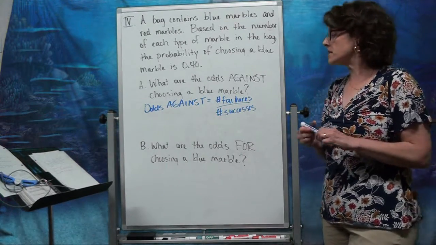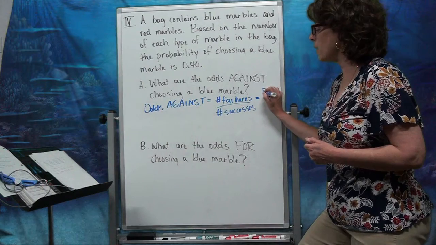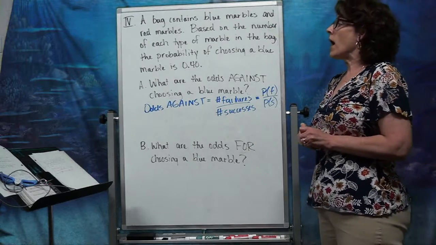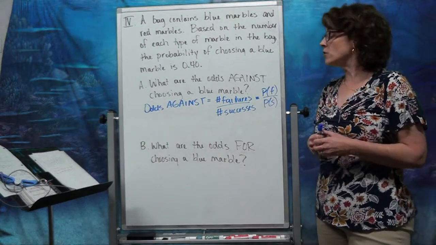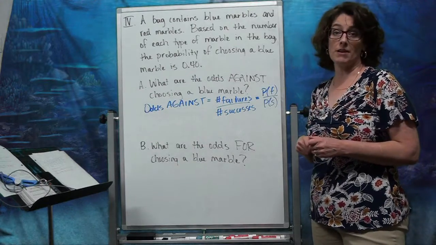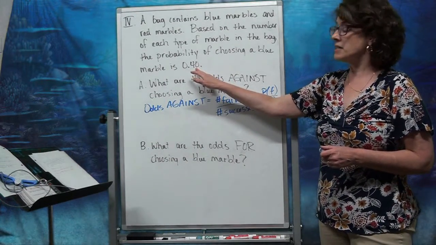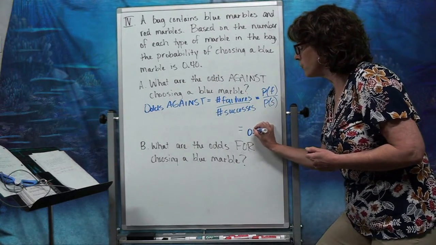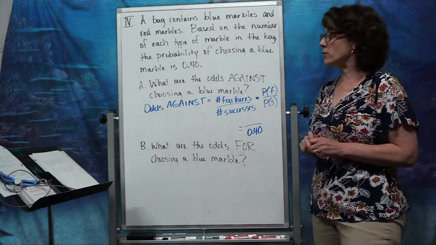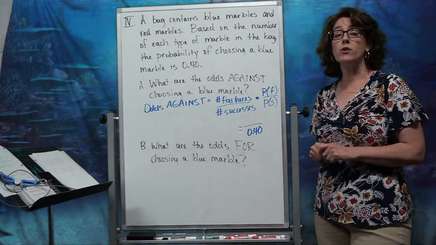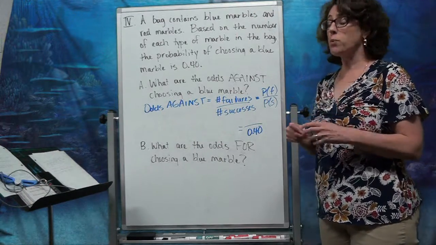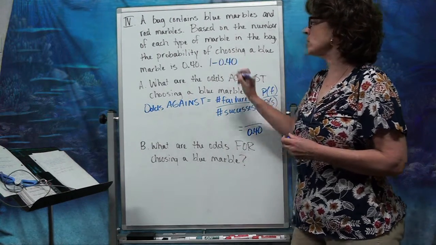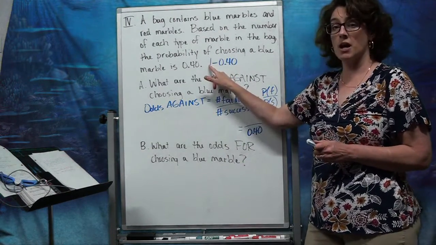So another way that I can express this is to talk about the probability of a failure versus the probability of a success. Well, I still don't know the probability of a failure. But I do know the probability of a success. It is 40% of the time I can choose a blue marble. So I do know that in that denominator, I've got 0.40. I need to know the probability of a failure then. If success is 0.40, then failure would have to be 0.60, because total probability is going to be 1, and 1 minus 0.40, because remember we talked about a certain event being 100% of the time, or a 1.